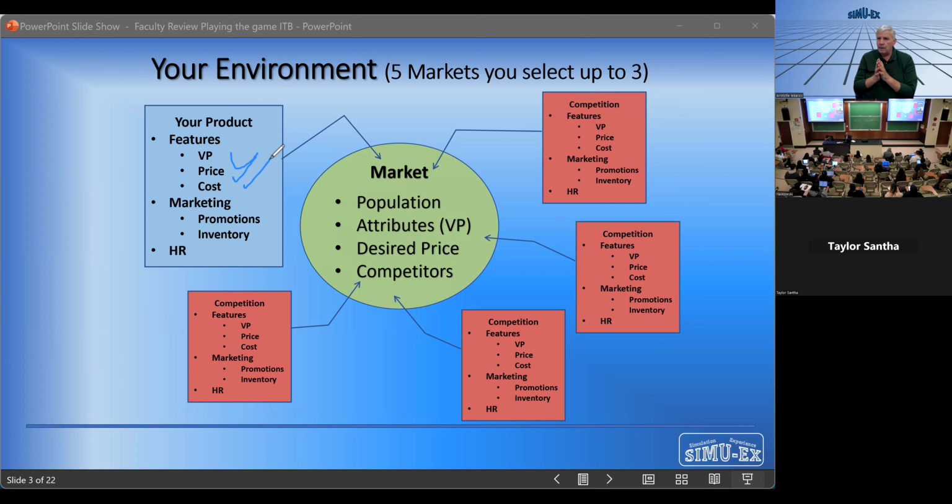How much money are we making on the sale of each and every one of our units, less inventory? So when you create a product to meet the needs of the markets that you're going to be pursuing, you need to understand what is going to be the value proposition. You need to also understand what is your price and what is the cost of your item.